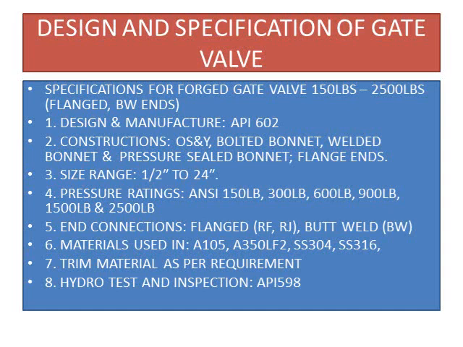Trim material basically is the stem and disc of the gate valve, and that can be used where carbon steel valves are used. Hydro test: after manufacturing, the valve shall be hydro tested and inspected, and that is carried out as per code API 598. So API 598 tells us how we have to finally test and inspect the valve. If there is any defect as per API 598, the valve shall be rejected.